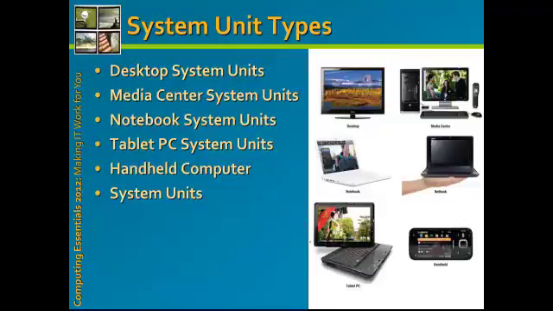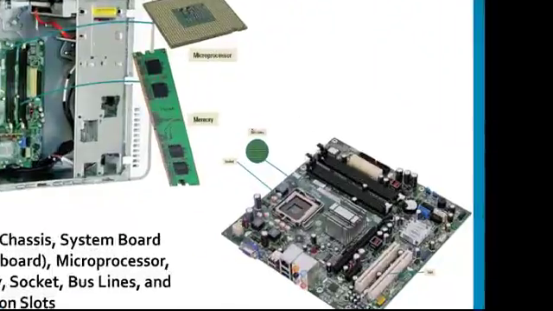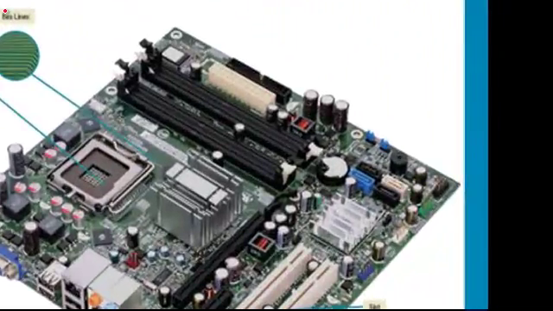These are just the basic types of systems. They don't have servers in here, but they usually fall under desktop systems or server grade system units, which is not listed in here, but that is another type of system unit. Alright, the system unit, or the system chassis, you have your system board, which we call the motherboard, and the microprocessor,